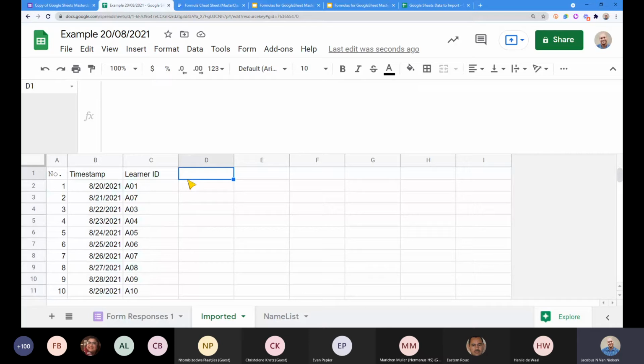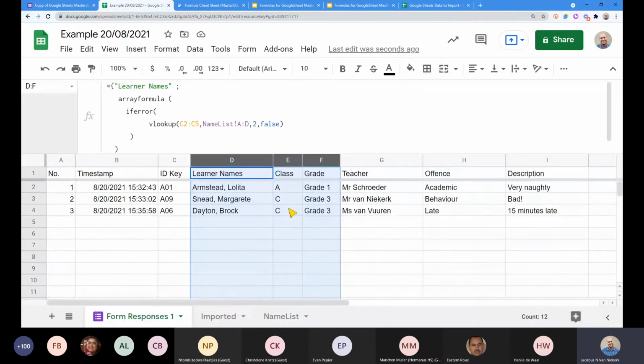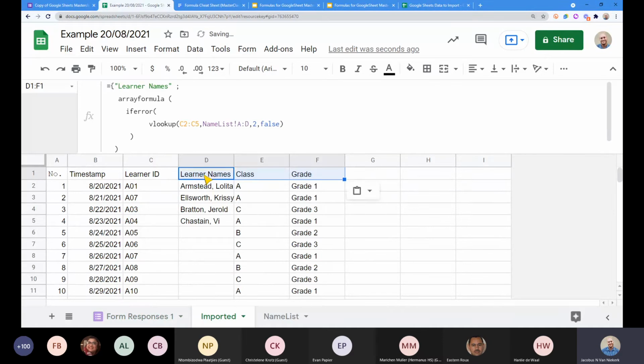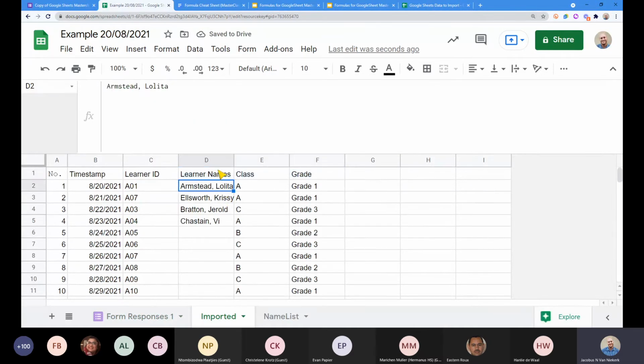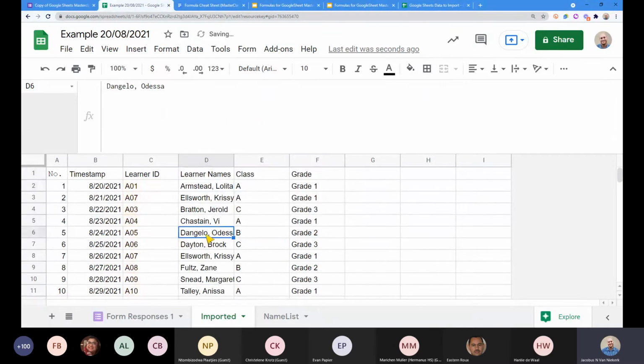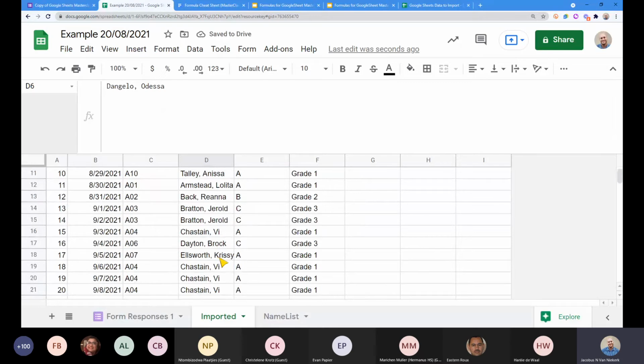So there they are. Now I can go to my form responses and simply copy the formulas I've got in those three, go to import, paste it there, and there we go. Now obviously over here I've only defined a shorter bit, so I'll just have to change that and make sure it's the whole thing.